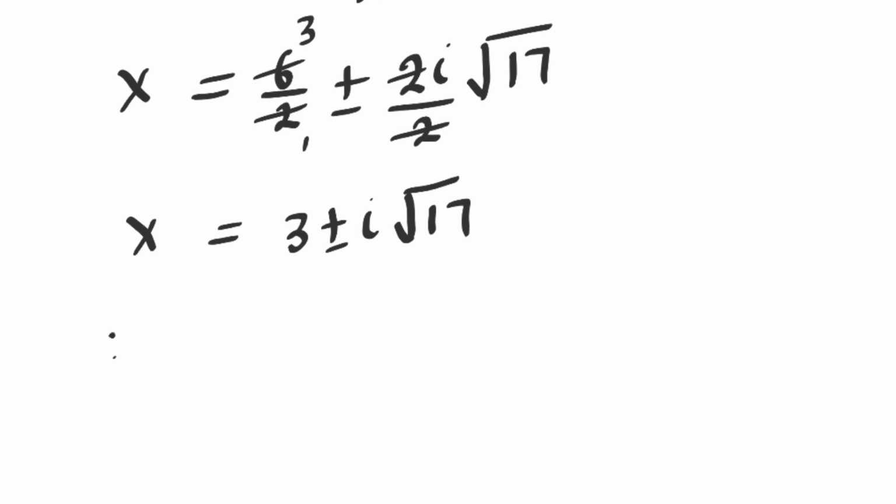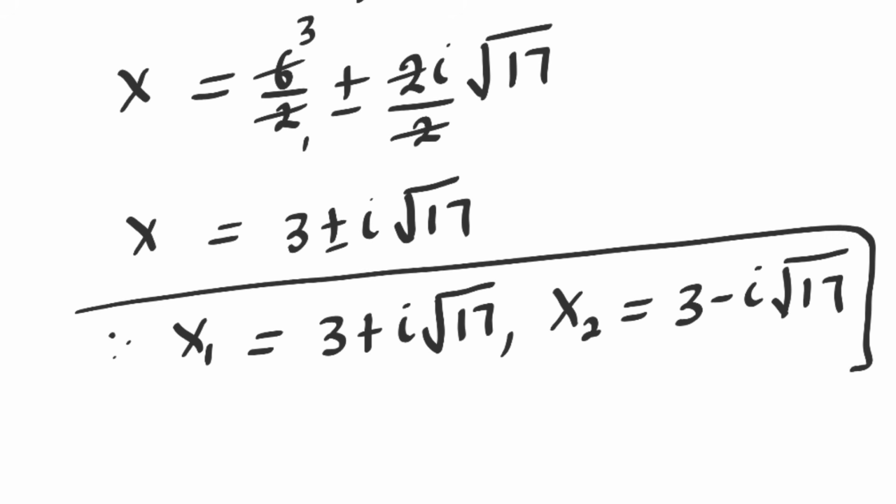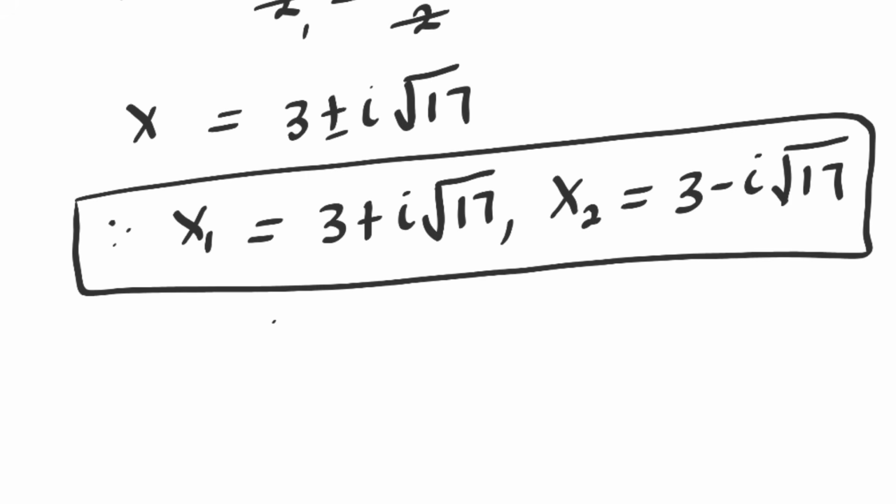Therefore, x1 is equal to 3 plus i square root of 17, x2 is equal to 3 minus i square root of 17. These are the values of x. We've gotten the values of x. Let us solve for y. To solve for y,